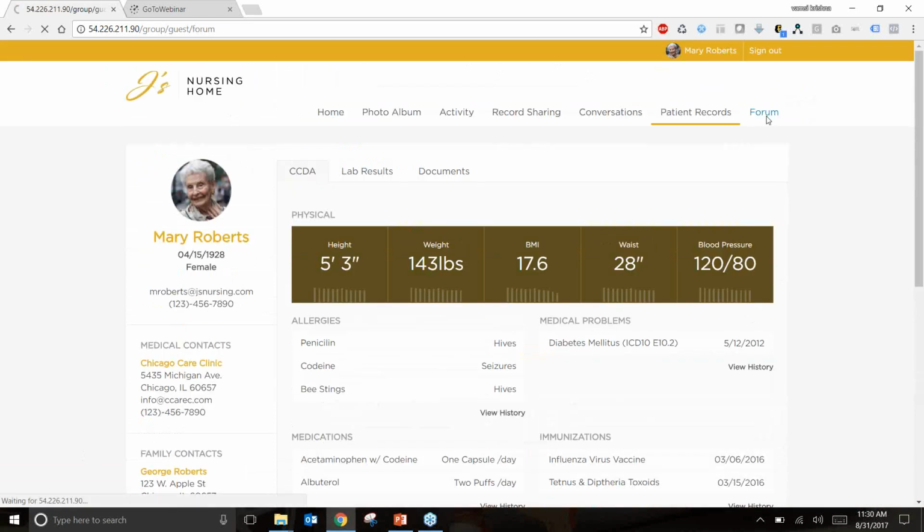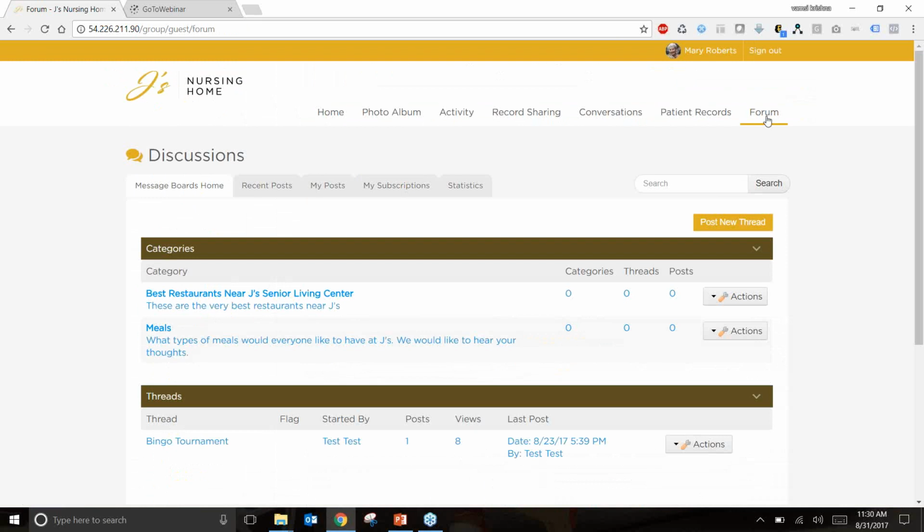And the last page for the patient section on the patient side is this forum. As I said before, this forum is used to communicate within the facility itself, but also allows you to communicate with the public. So if you have people going through similar types of problems, they can create a thread here,